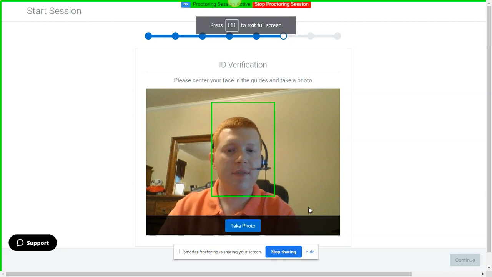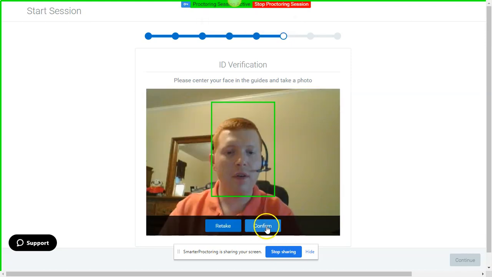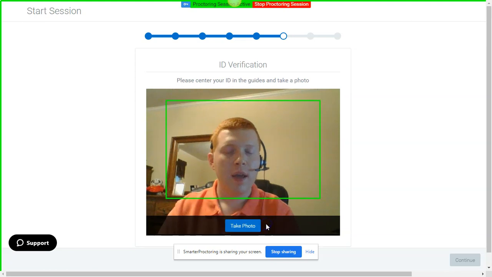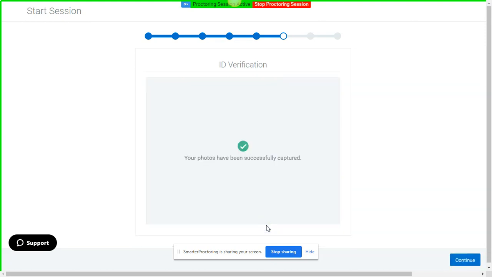Now it's wanting an ID verification. So go ahead and click Take Photo and confirm that. And you will put your ID in the box there and take your photo and confirm that once you scan your ID card. Now you can also use your driver's license, or you can use your RCC ID as well, and confirm,